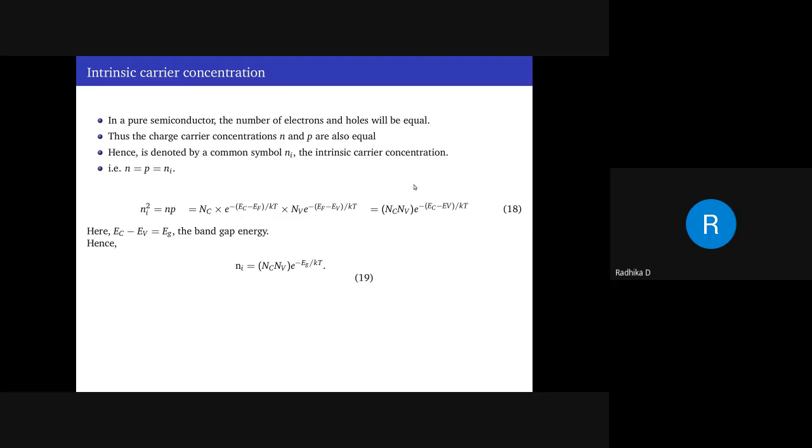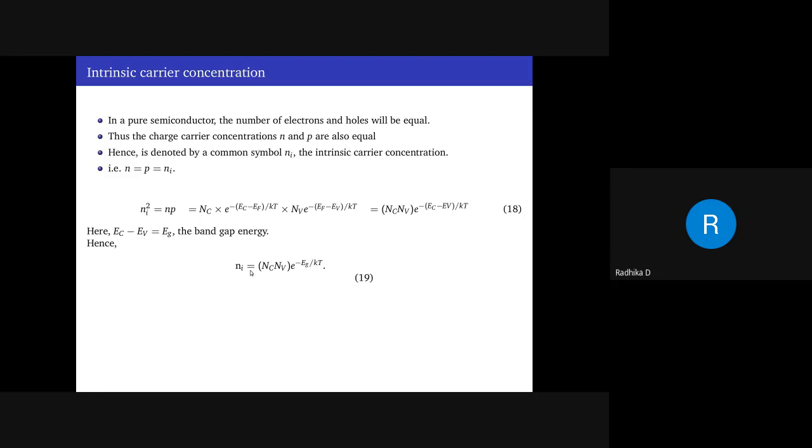Now one more thing. What is Ec minus Ev? It is the difference between the topmost level of the conduction band and the bottommost level of the valence band. Basically, the difference between the conduction band and the valence band. You call it the band gap energy, that is Eg. Just remember that figure which I showed earlier today. So instead of Ec minus Ev, I will write Eg.